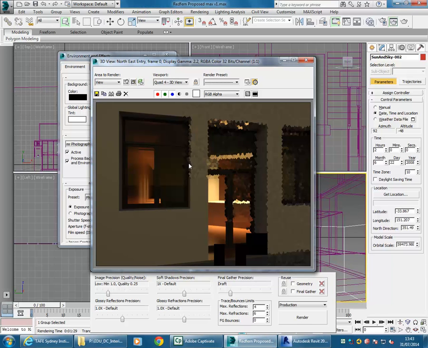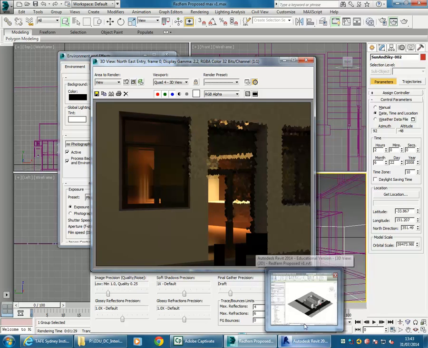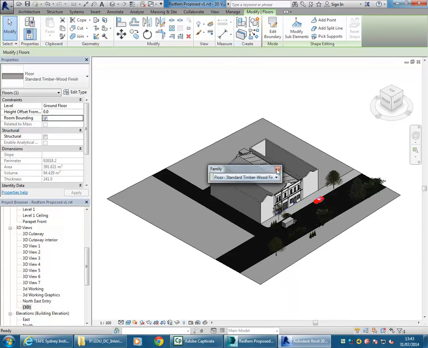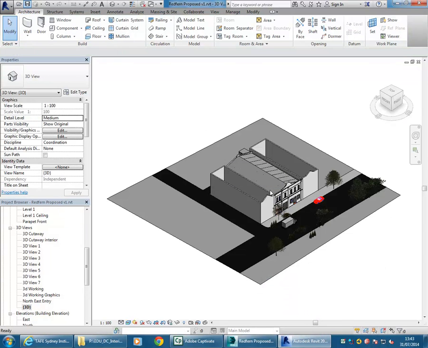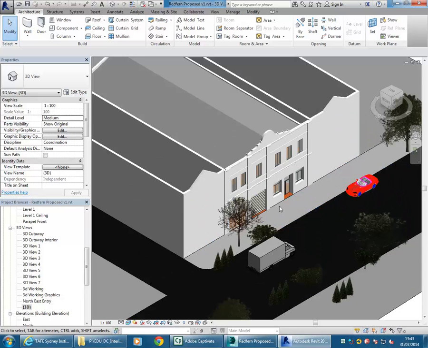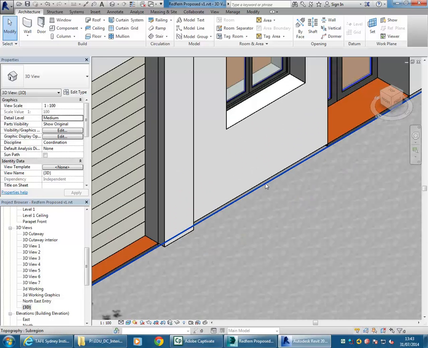Oops, it's gone out of Revit. Don't crash, please. Okay, great. Okay, going to save my file. And then, okay, so these exterior walls,